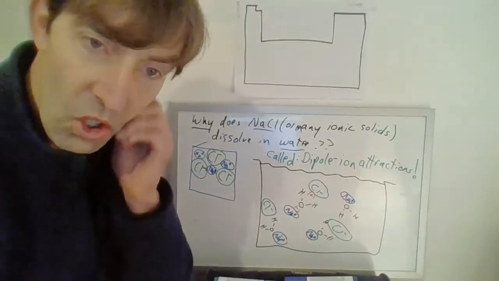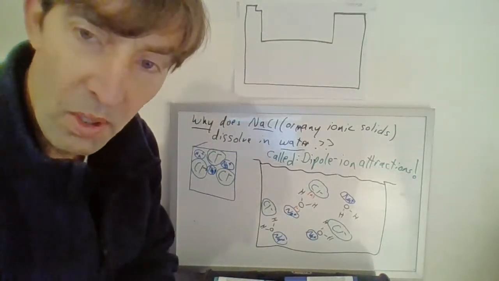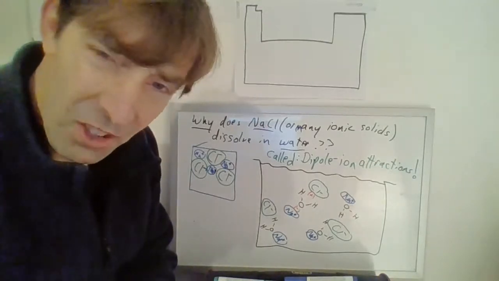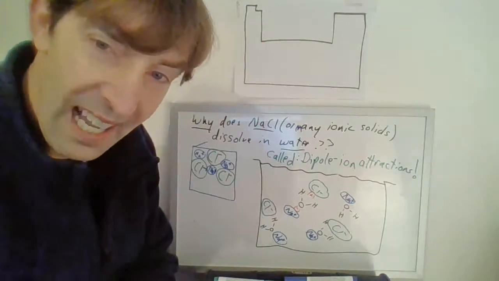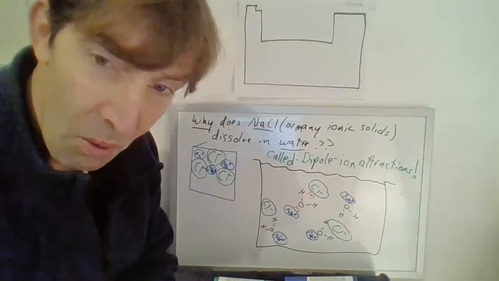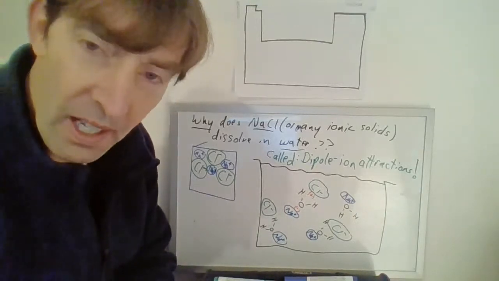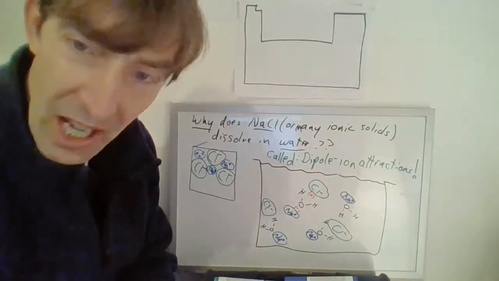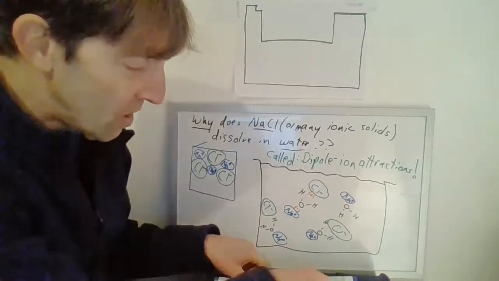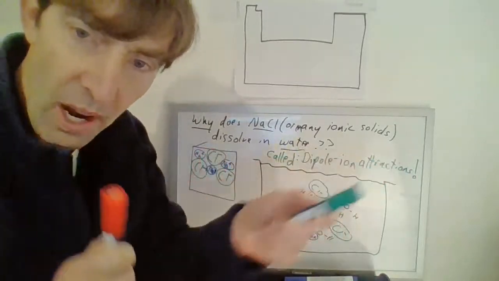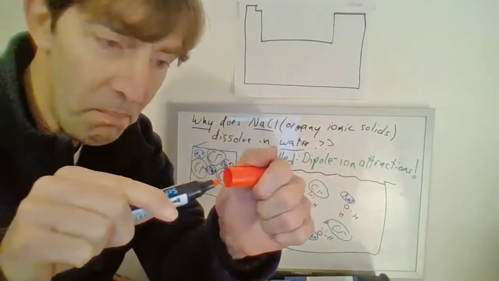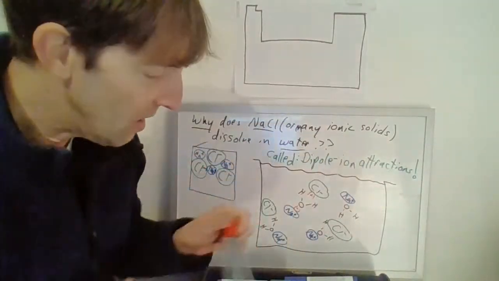You got it. Okay, so here's what we're going to do. I got to tell you what the scoop is, okay? What do we got here? We got Wednesday. I'm not going to meet any more this week with 9E or 9F. You are done with my meetings for the week. But I will assign something to do, and it's going to be a sheet of data. And importantly, the energy will be the energy to pull apart the attractions, or in the upper part, the energy to pull apart the bonds, okay?